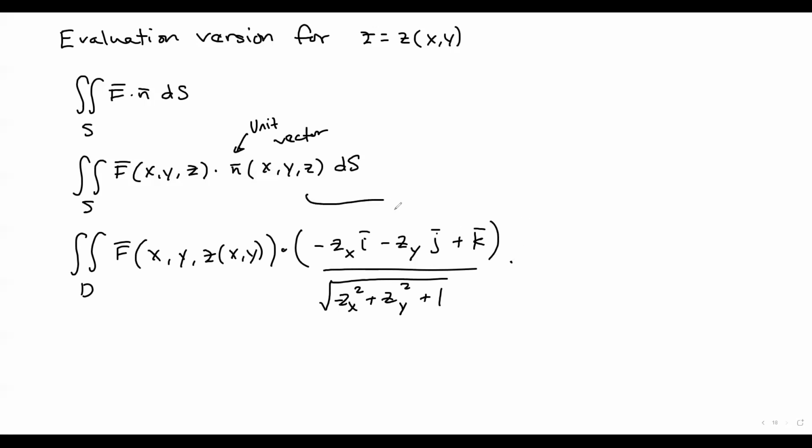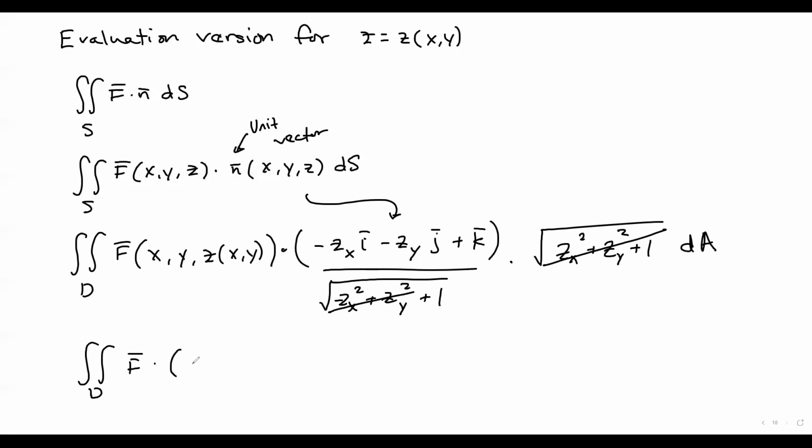So that's all this. And we still have dS, and the definition for dS, again, from earlier in this video, is the square root of (partial of z with respect to x) squared plus (partial of z with respect to y) squared plus 1, dA. These cancel, and we end up with F dotted with negative partial of z with respect to x i minus partial of z with respect to y j plus k